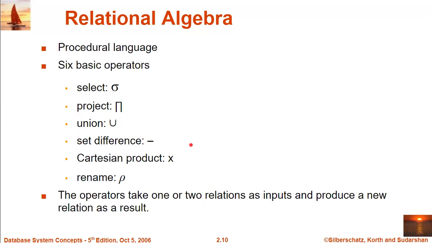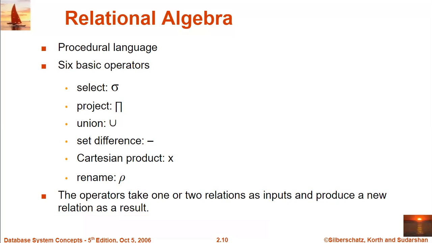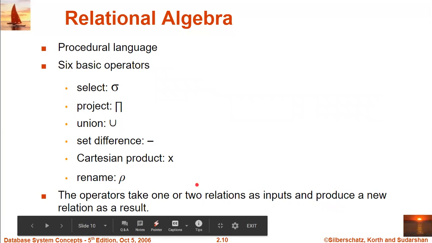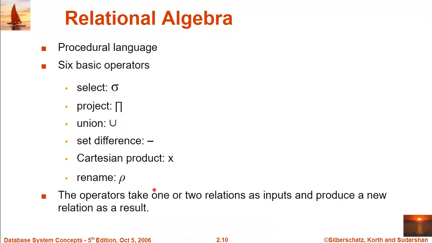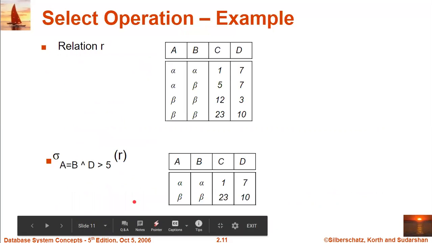Then we have the set difference operation, which says the set of values from set A will be retrieved, but values of set B will be ignored. And if we say set B minus set A, then values of set B will be retrieved and A will be discarded. Then we have the Cartesian product, which is used to combine two relations. Then the rename operation is used to rename existing attributes or tables. Basically we are not storing the tables physically. So here the rename operation is used as terminology which can give a name to a given expression. The operators take one or two relations as input and produce a relation as output.